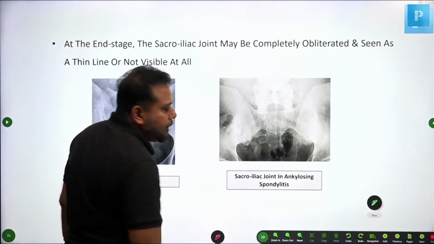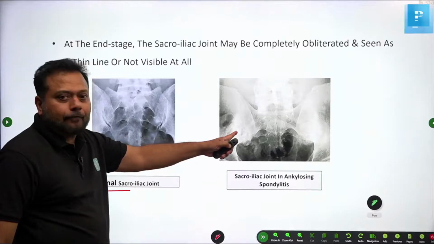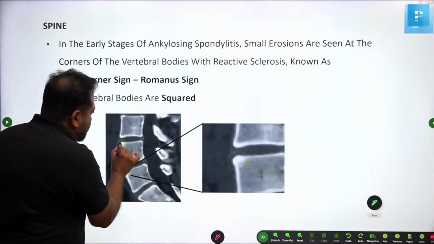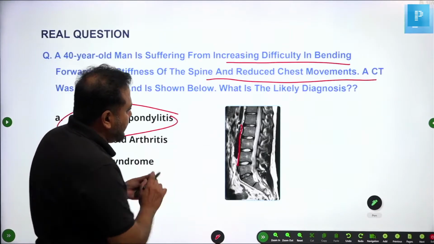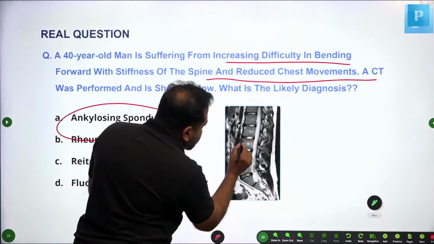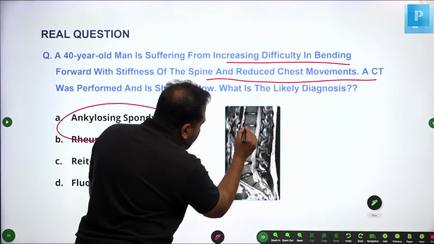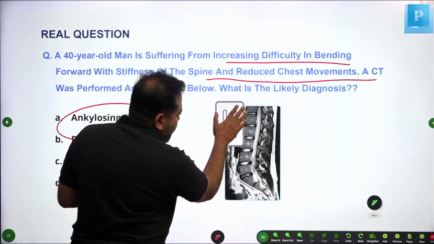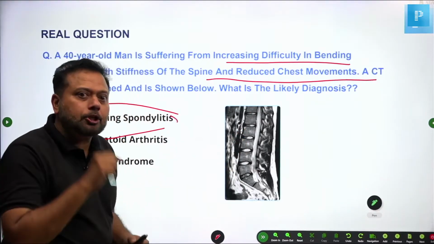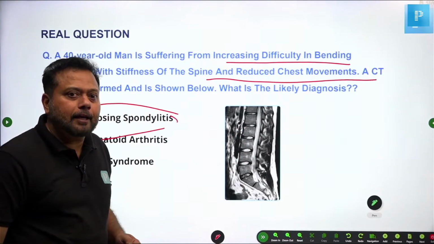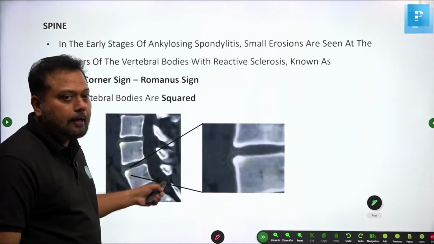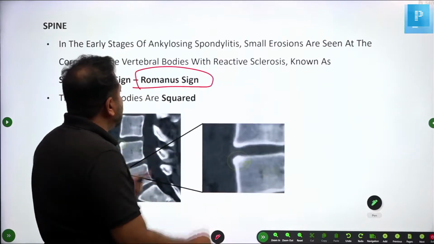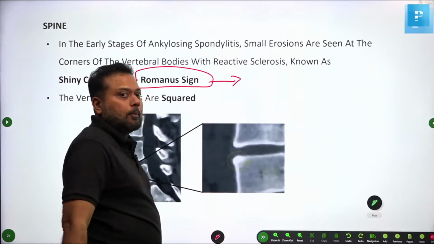So this is called obliteration of the sacroiliac joint. This is the main finding in ankylosing spondylitis. Then one should not forget the edges, the corners, here also in CT scan. You see here, the edges, I will mark and then I will rub. You just see these 3 red color markings where I made, you just see the corners are sclerosed, shiny. This is called shiny corner sign, otherwise called Romanov's sign. Where you read the same word, Romanov's sign, in micro.